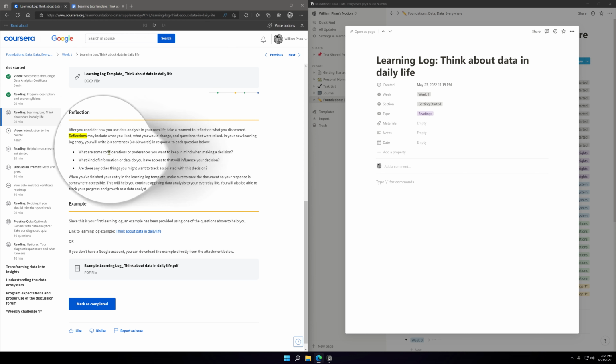Save the document so your response is somewhere accessible. This will help you continue applying data analysis to your everyday life. You will also be able to track your progress and growth as a data analyst.